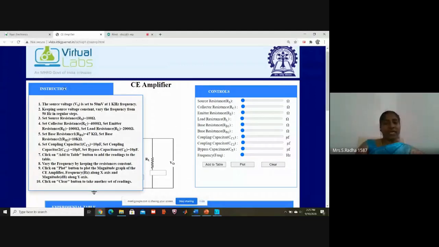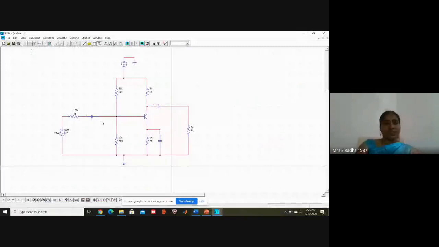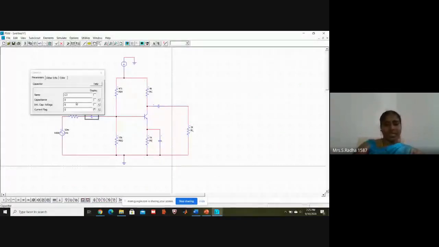Coming to the three capacitor values, 10 microfarad, 10 microfarad. So I will fix the capacitor values, 10 microfarad. This is one capacitor, and 10u, capital F. I want to give the name. This is the input capacitor. Give the display for name as well as value. And this is the emitter capacitor.